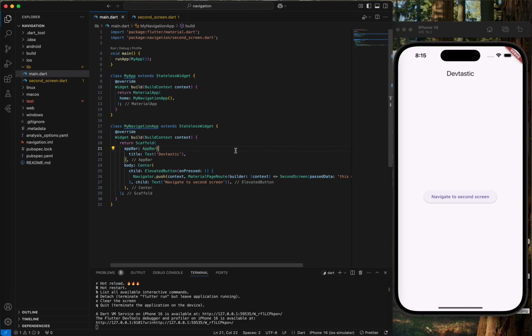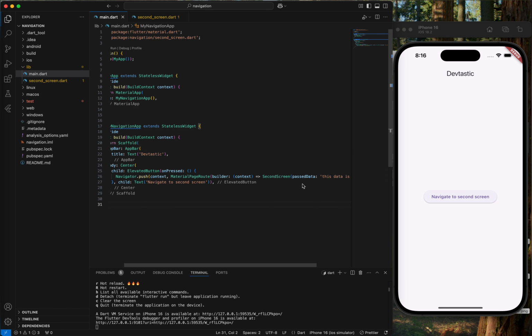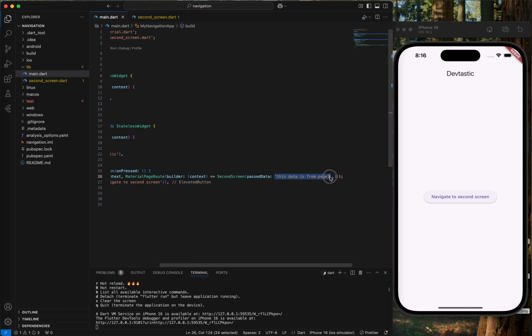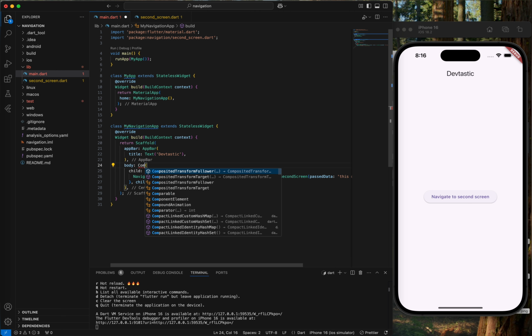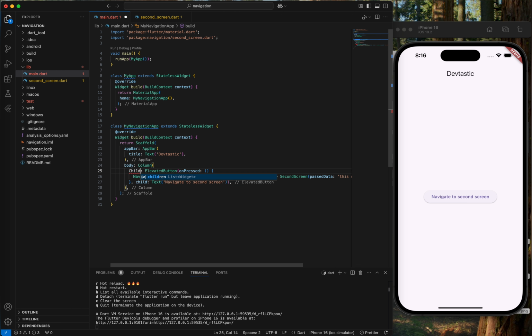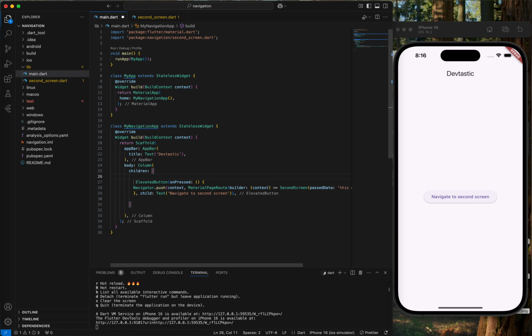Now the navigation is happening as expected. But we are hard coding the data right here, this is the data from page 1. So let's make it more dynamic. Let's take the input from the user and pass it to the second screen. So let me add one edit text, so I need to change it to a column with children. Okay, it's fine. Before this button, let me add a